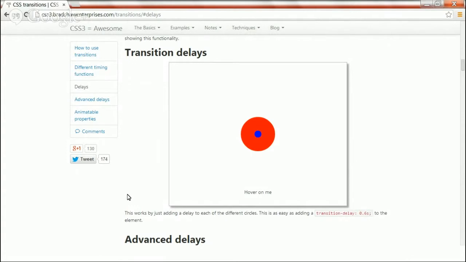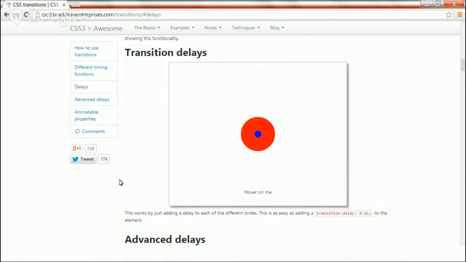When we hover on the container, you see these blue circles have shifted to the corners and sideways of the container, and the red circle vanishes. So this is the animation provided to these circles. The transition delay property is applied to these blue circles actually. So if you see the animation, these blue circles are moving to their respective positions one by one. That delay happens because of the transition delay property. Okay. So if you see the animation once again, the blue circles move one by one. So this is a property of transition delay.